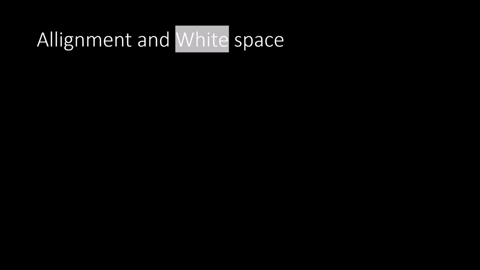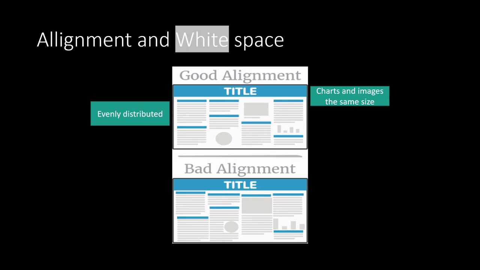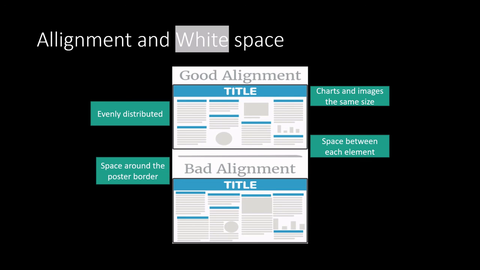Last but not least are the alignment and white space. The way to make your poster look professional is to keep things well aligned. Also, if you have a set of charts or images, make them all the exact same size and evenly distributed. Finally, make sure there is enough space between each unique element in your design, as well as enough space around the